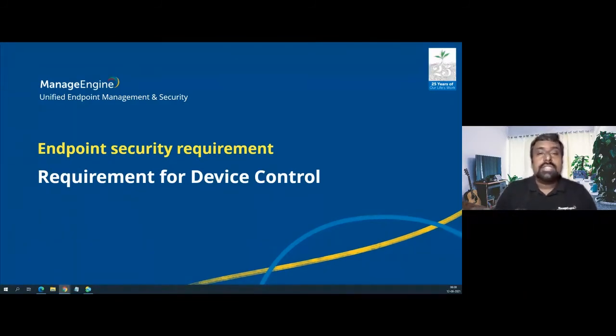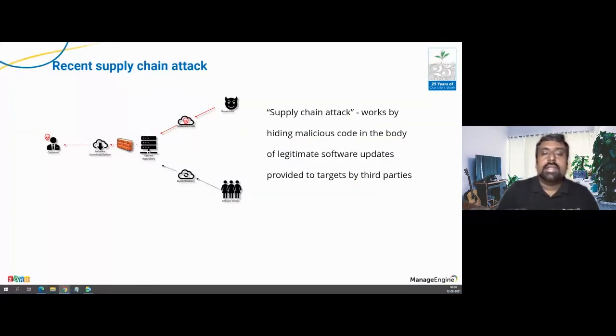Moving on to the next requirement that came in all through this post pandemic world. I wanted to probably look at a small example, the recent supply chain attack that happened, right? Firstly, it happened in US, or the recent one was one from US, and the other one was the SolarWinds that happened. The other one was very recent, a couple of months ago. So what we learned from a supply chain attack, right?